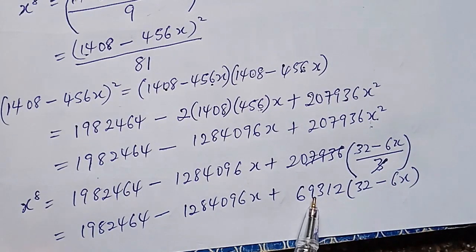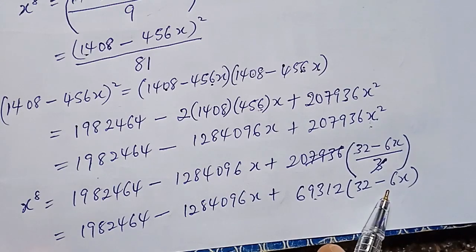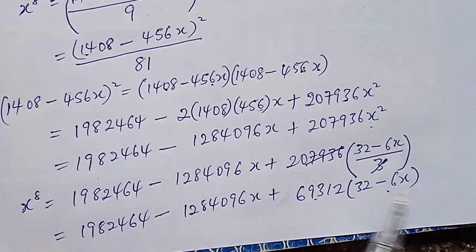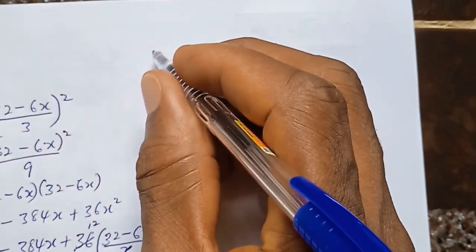So we now multiply this with what we have in the bracket. So that becomes, if we multiply that, then we have our next step to be equal to